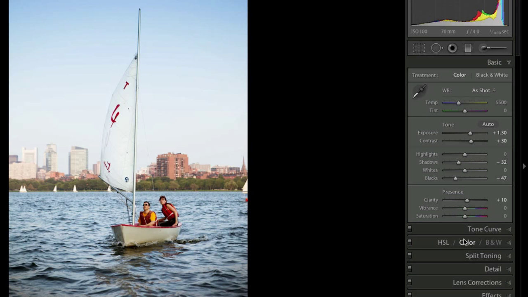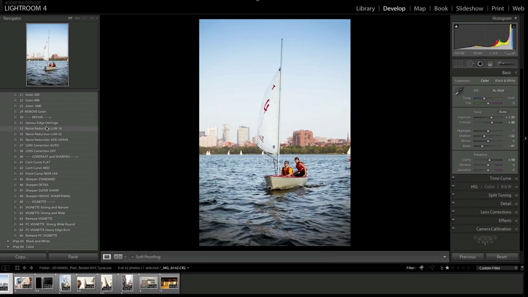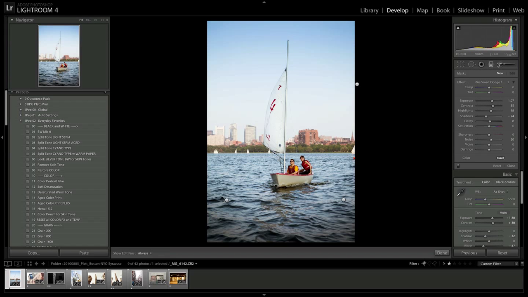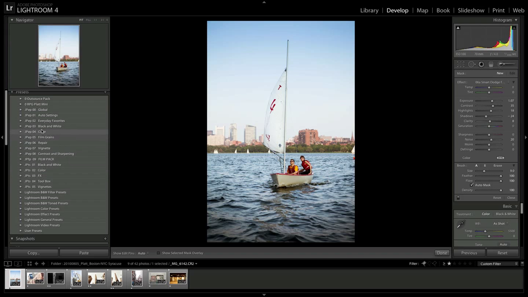So, not only are there presets over here to save you time in trying to get the settings right, but there are presets over here in the gradient and in the brush tool to help you save time in getting the settings as well. So those are two really effective ways to save you time in working in the presets. Now, just as an overview on these presets,